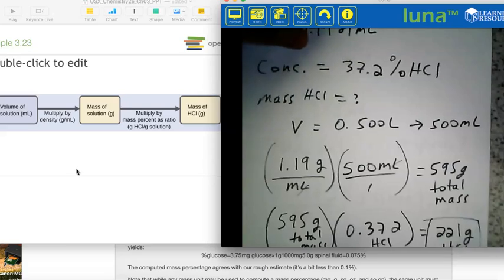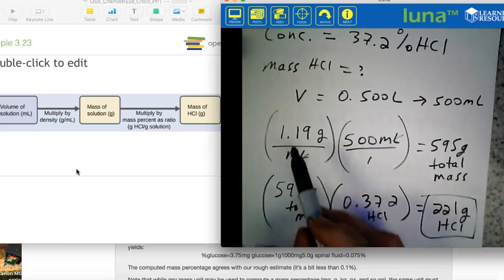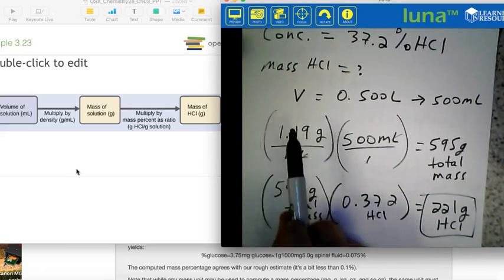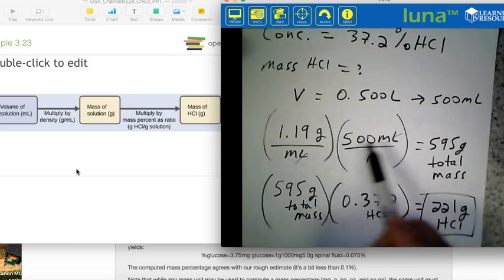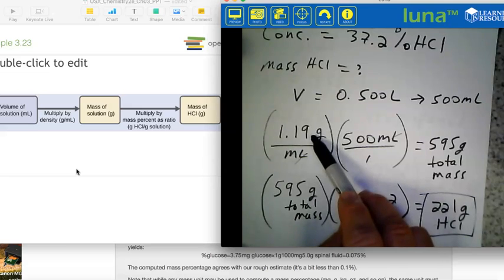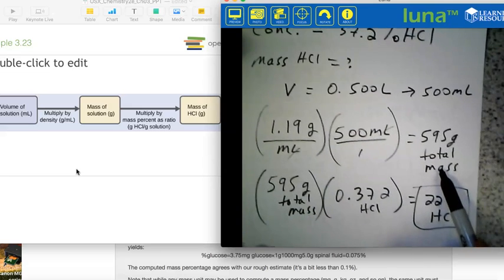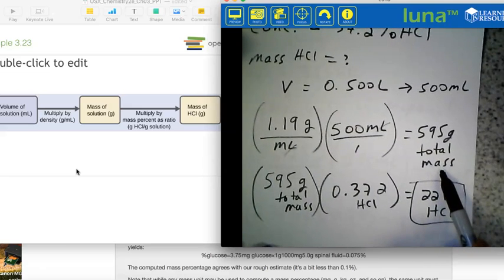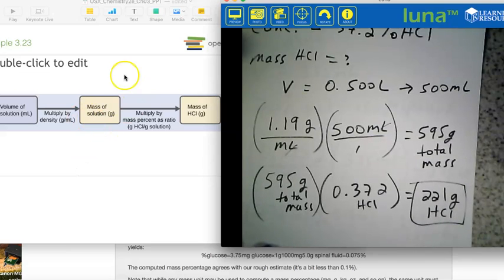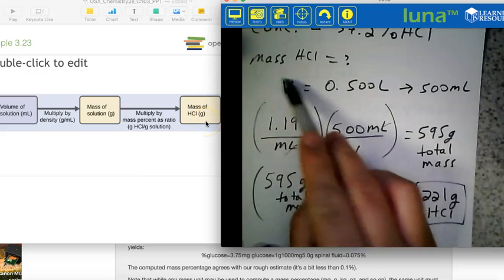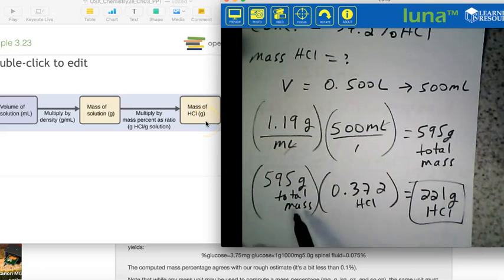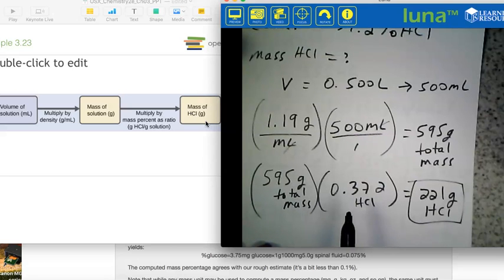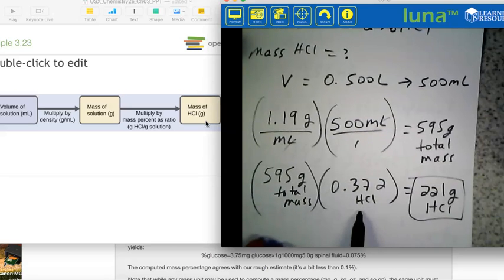The density is 1.19 grams per milliliter. Okay, I'm multiplying density times volume. Okay, look what happens to the units; they cancel out. You're left with mass. Okay, so this is the total mass of the sample. Okay, and so now going from mass of solution, we're going to want to go to mass of HCl. That's the question: how much mass of HCl do I have for this solution? And so we're going to multiply the total mass times the percent of hydrochloric acid